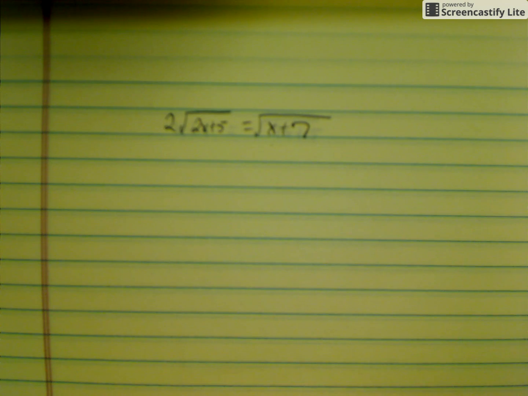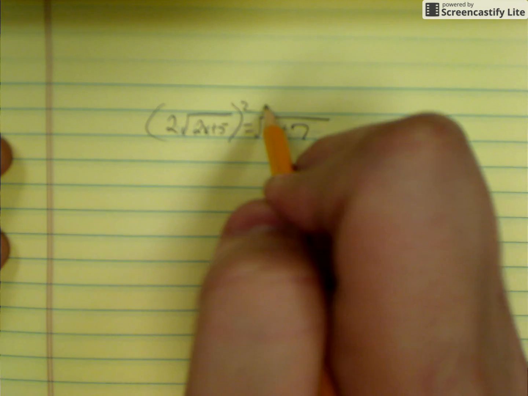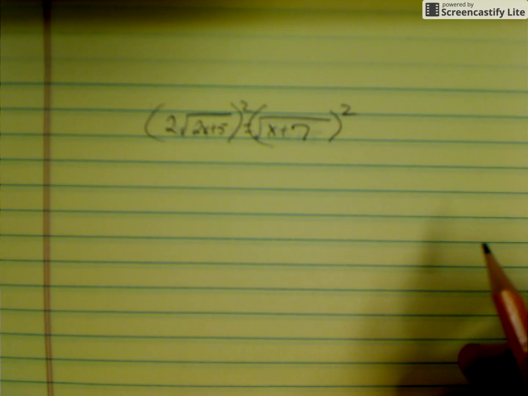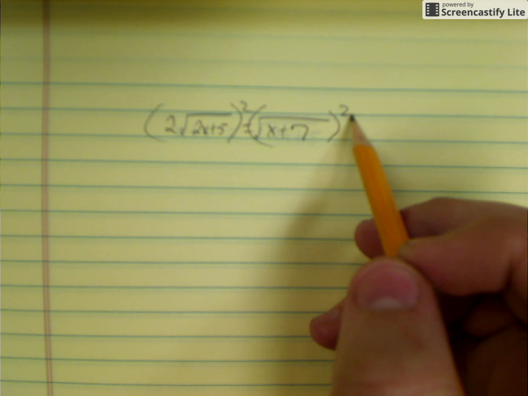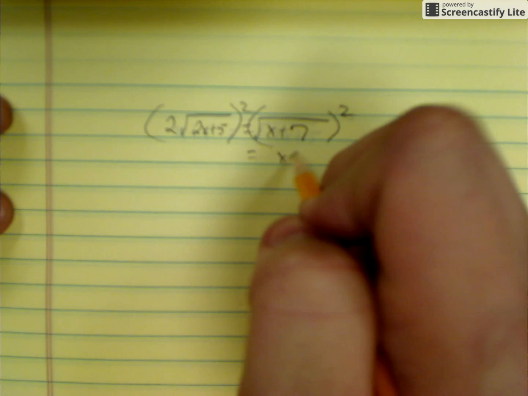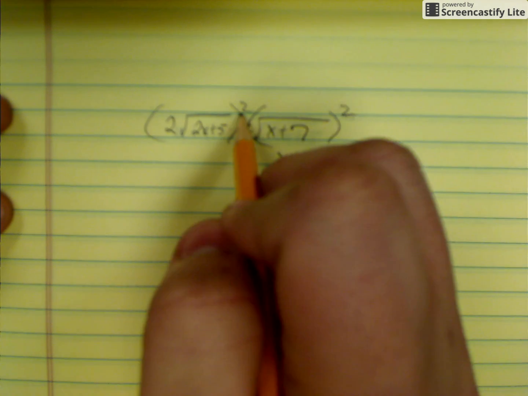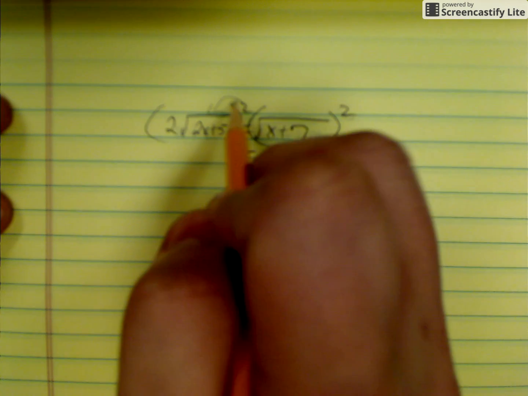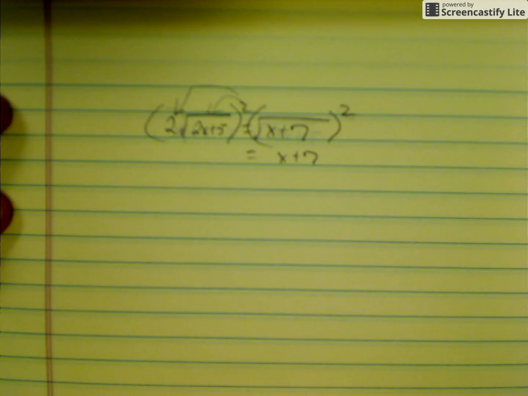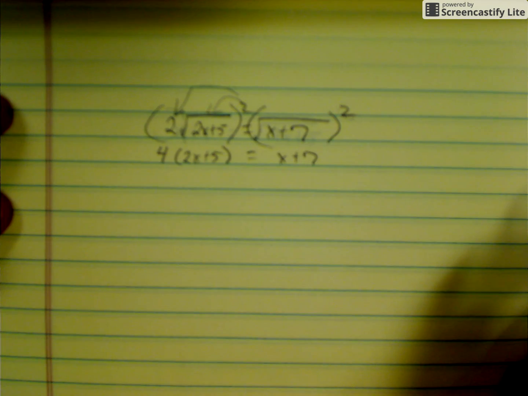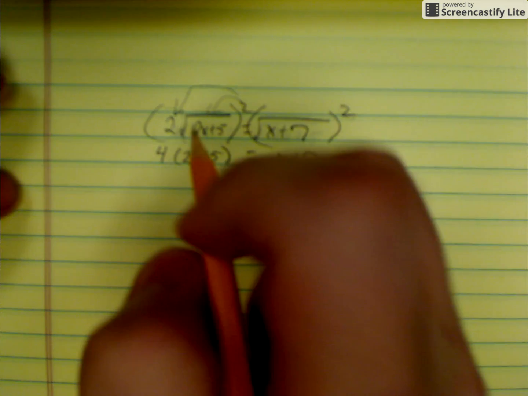So we're going to skip to the second part and just basically say we're going to power this thing up by, again, in this case, squaring it because we're dealing with square roots at this moment. Radical square canceled out. That becomes x plus 7 on one side. Here, this square has to apply to the square root, the radical sign, and the 2 coefficient in front. And what basically happens is you end up with 4, and you end up with 2x plus 5. And then at this point, you can go ahead and solve